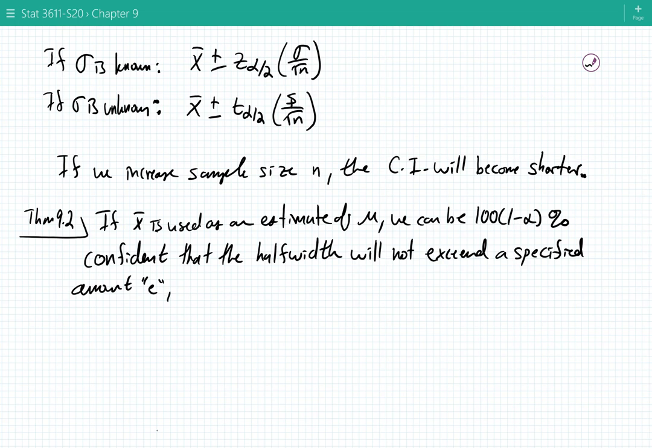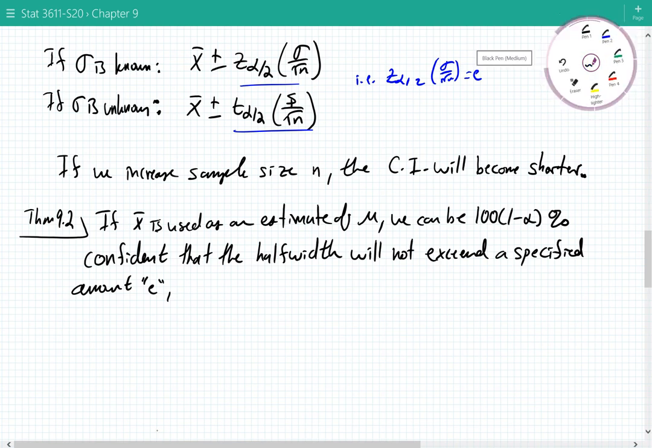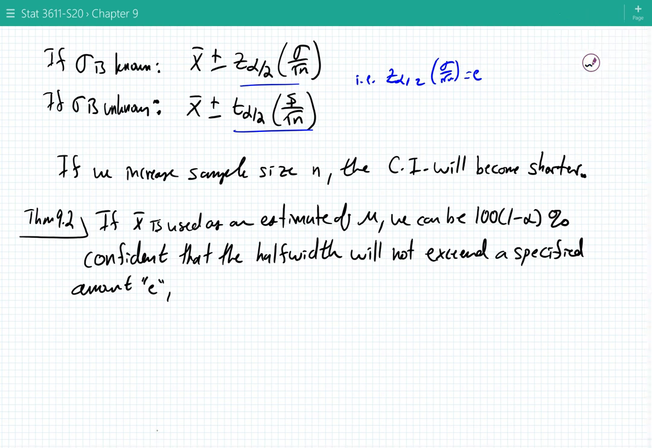Let me just see here. So this is a half width, right? It's half the width of the interval because you do plus and minus. So you could say z alpha over 2 times sigma over square root of n is your half width. So back to the theorem. If x bar is used as an estimate of mu, we can be 100 times 1 minus alpha percent confident that the half width will not exceed a specified amount E when